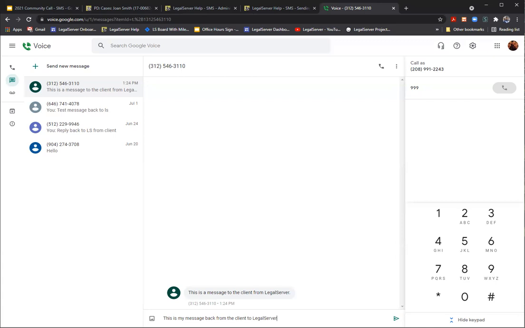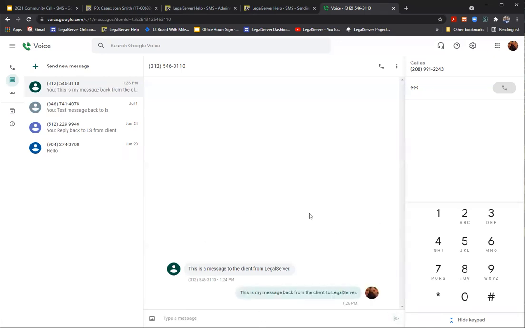Again, it would help if I could type. All right, this is my message back from the client to LegalServer. I'm going to send that out. So that message has now been sent. This is my smartphone's basically queue of messages to that number, the message from LegalServer, and this is the message I just sent back. Now, if I go back to my case, we'll be able to see that message has come in,